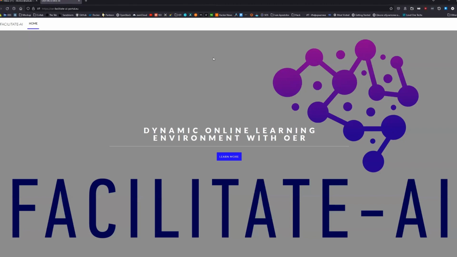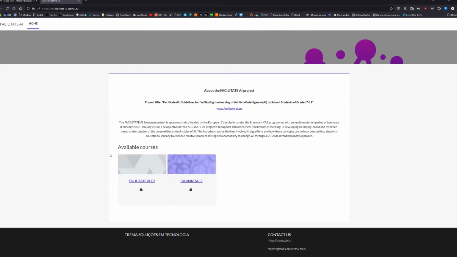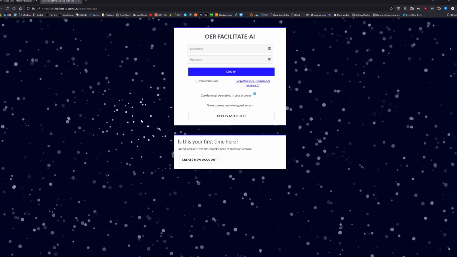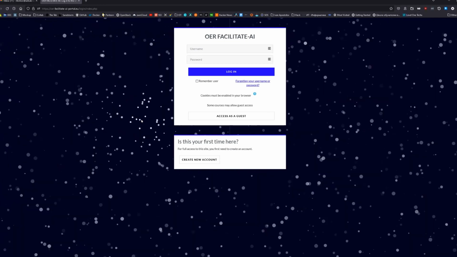From here, we can see that the platform has two available courses for now, which are Facilitate AI C1 and Facilitate AI C2. When we click on them, we are directed to the create account, to the login page.